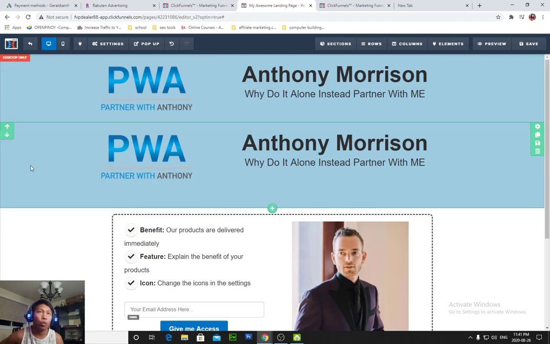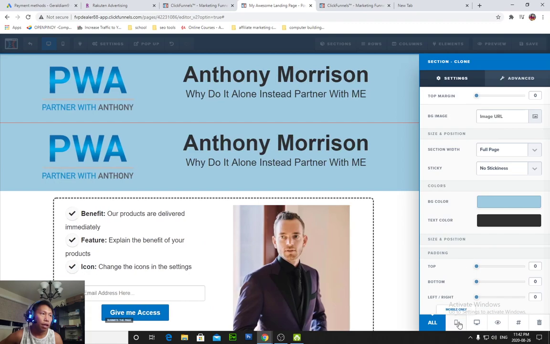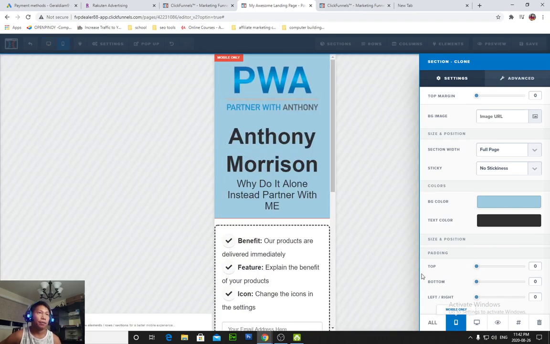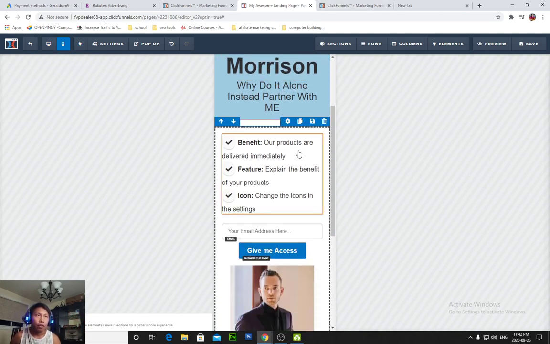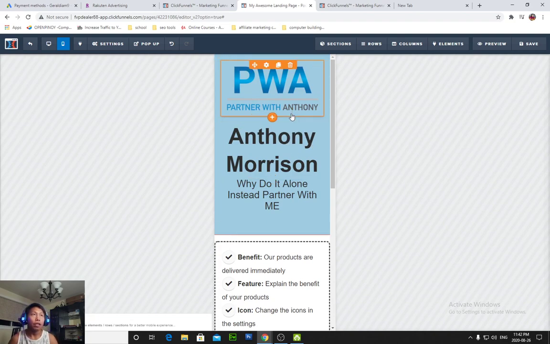Now this is showing up right here because you cloned it, right? And you haven't set up the rules for where it's going to show up. So now go to settings and go to mobile, and now that's going to show only on mobile and not on the desktop. Now that's the good thing here, because you can edit the image, the text size, font styles